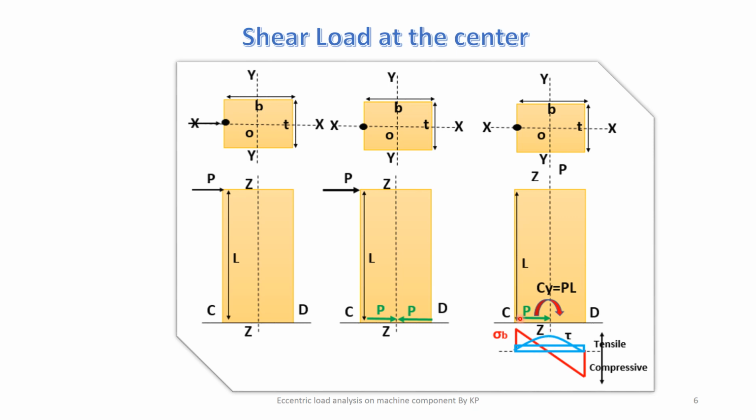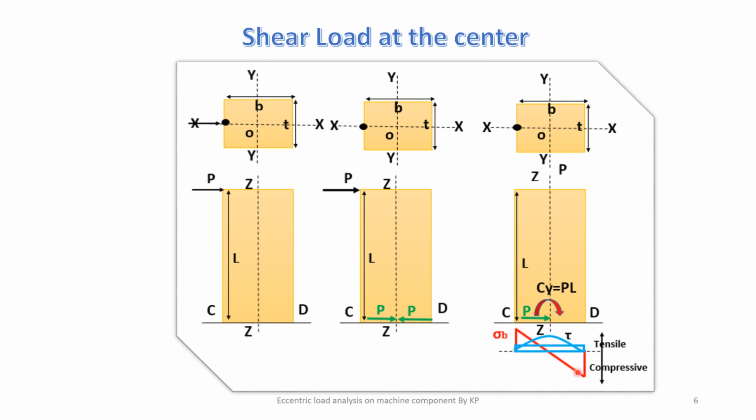So this is the effect of this shear load, and the effect of this couple is to produce a tensile stress on this fiber and a compressive stress on this fiber, and this will produce the bending effect in the element. So here you see that sigma b is the bending stress at this left fiber, and on the right side fiber there should be a compressive stress, and at the center the bending stress is 0 and maximum at the outermost fiber.